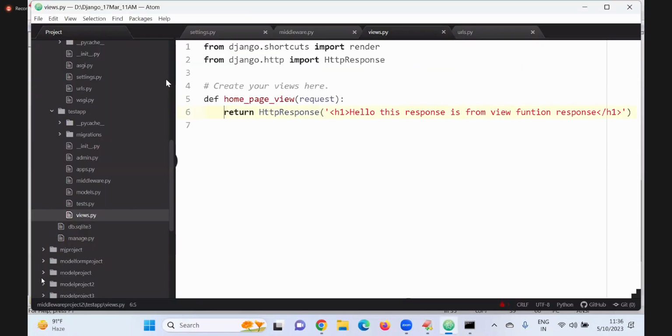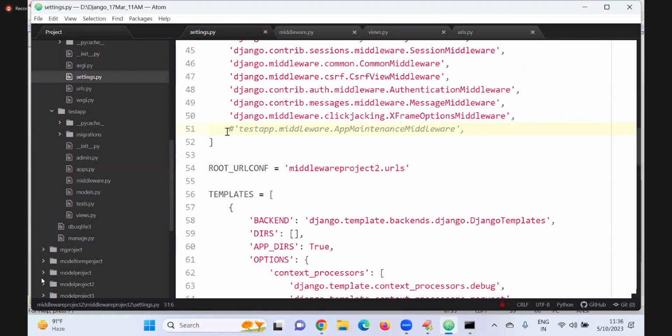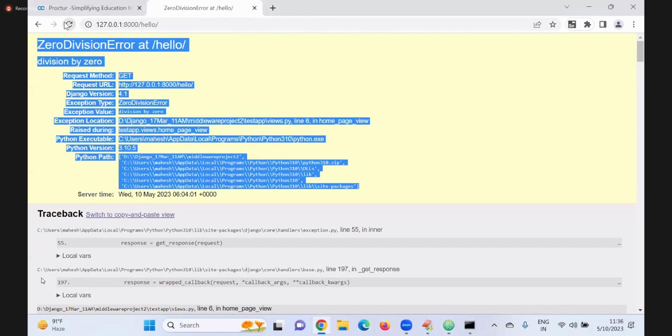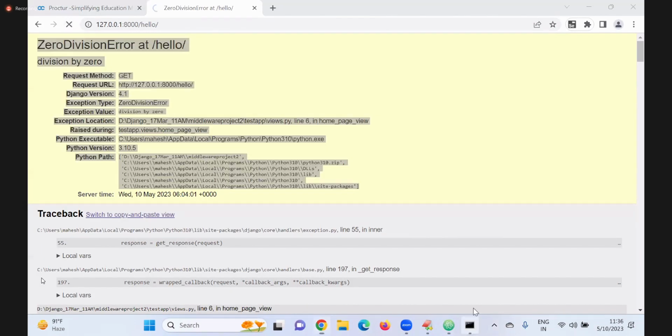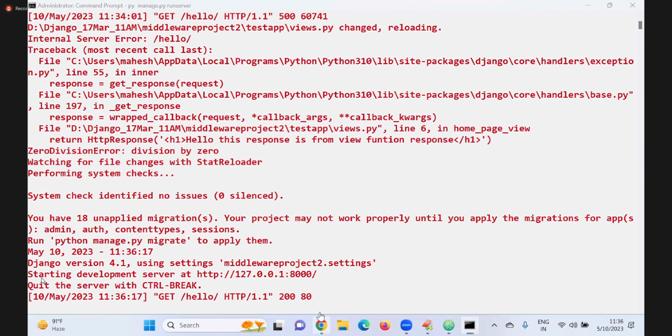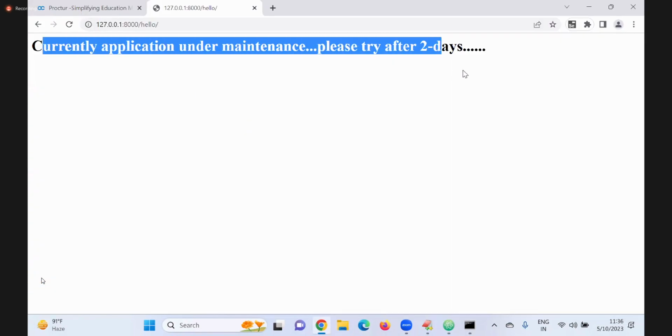Sir, here settings uncommented. Now, yes. Now check it. Currently application maintenance after the previous project.